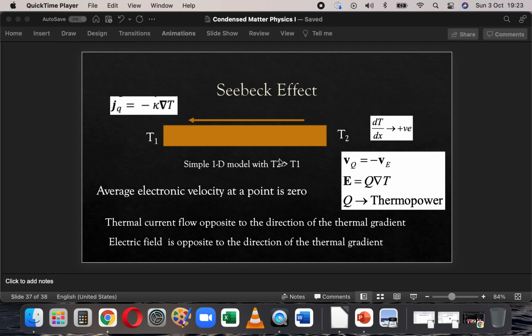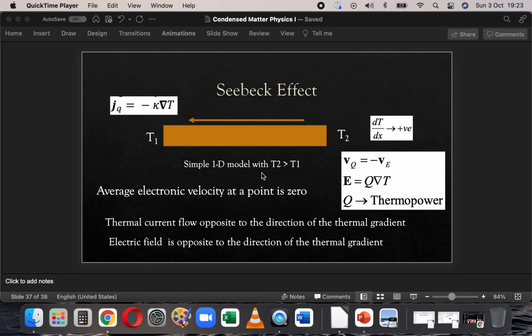the established thermal gradient. So when you establish a thermal gradient, there is a heat flow, but in addition to that heat flow, there is a voltage difference as well between the hot end and the cold end. So there's an electric field that's generated. That electric field prevents the further flow of the electrical current, because you have a buildup of electrons, and that buildup of electrons stops the further flow. So there is a compensation. Initially there is a buildup, and that buildup cancels off, or basically stops, the further flow of the electrical current.